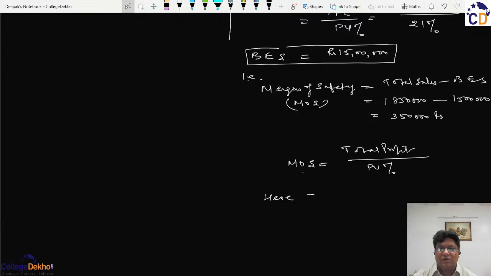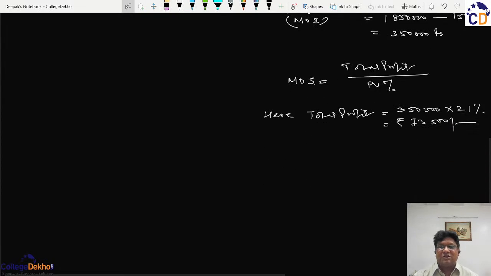Hence, the total profit here at the total sales of 18 lakh 15,000, giving a margin of safety of 3 lakh 50,000, will be equal to the margin of safety 3 lakh 50,000 multiplied by the PV ratio, that is 21%. So here the profit will come out to be rupees 73,500. We can also calculate it in another way, where the total sales